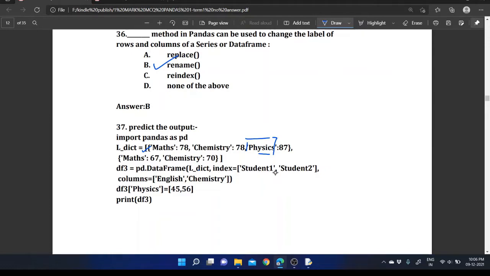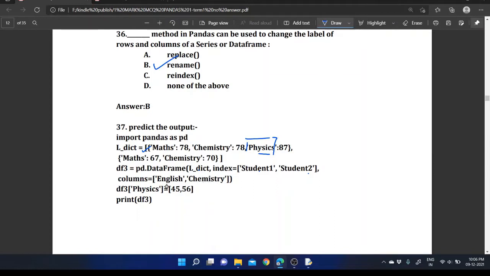And then we are providing the index as student1 and student2, and along with that we are providing the columns, 2 column names, English and chemistry.